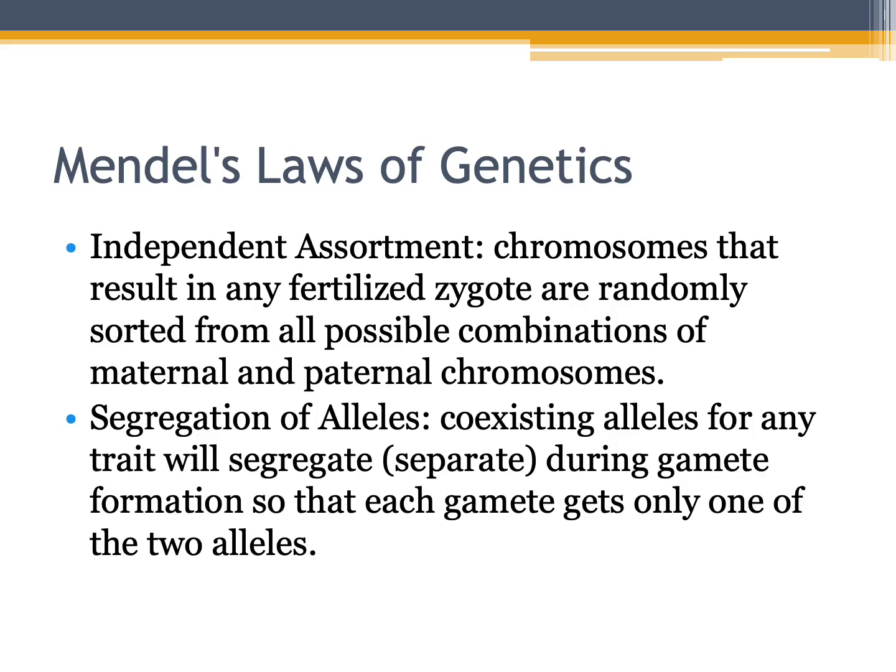So the law of independent assortment tells me that chromosomes that result in fertilization are randomly sorted out of all of the possible combinations within the paternal or maternal chromosomes. So what the genotype for the zygote will be is randomly selected based off of all of the possible combinations. And so we're able to determine a probable and a possible outcome, statistically speaking, based off of what parental genotypes